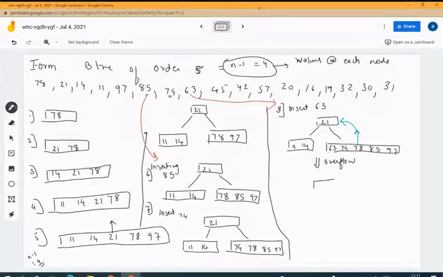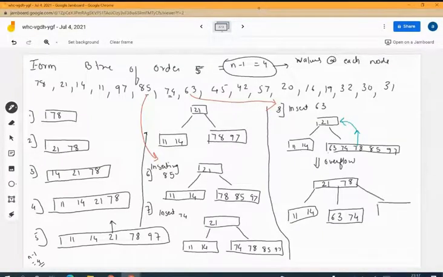So it will become 21, 78. और 21 के left में it will be 11 and 14. अब एक लिंक यहां से आएगी जो 78 के लेफ्ट में रहेगी. 78 के लेफ्ट में क्या रहेगा? 63 एंड 74. एंड 78 के राइट में क्या हो जाएगा आपका? It will be 85 and 97. राइट? Because we have pulled 78 and it can come at this particular point. So this is the tree that we will get.